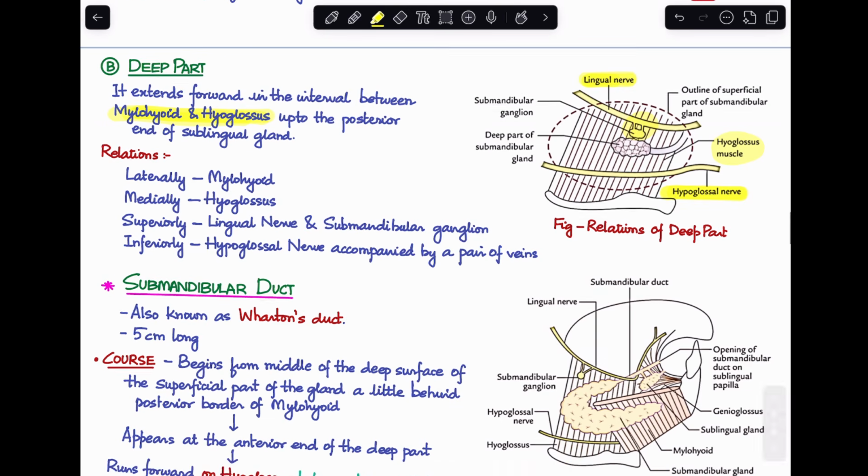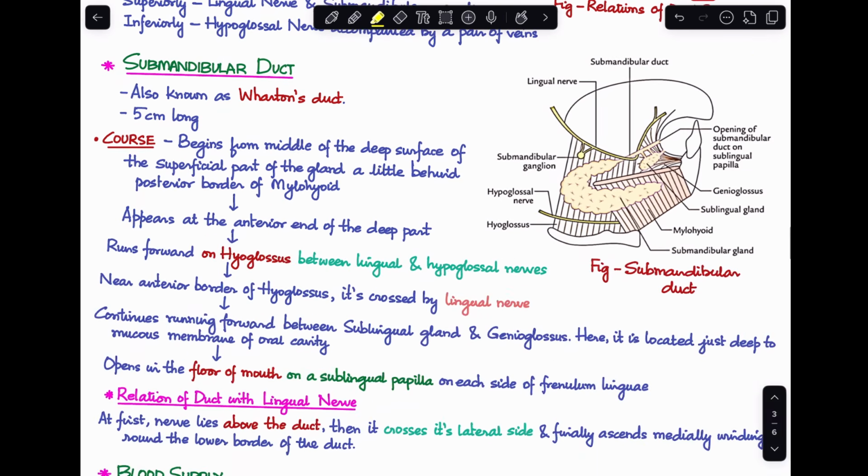Next, we are going to talk about the submandibular duct. Now, submandibular duct has another name and it is known as Wharton's duct. So these are all names that you have to remember. Parotid duct is also known as Stenson's duct. So submandibular duct is 5 centimeter long. Now we look at the course of the